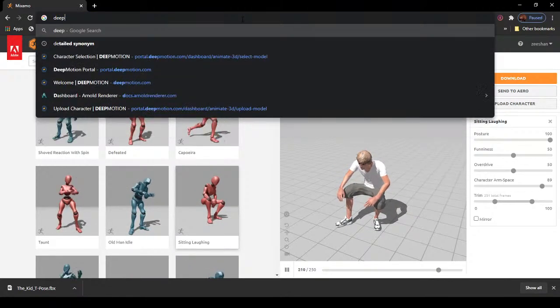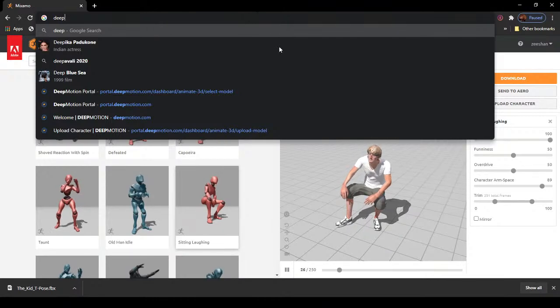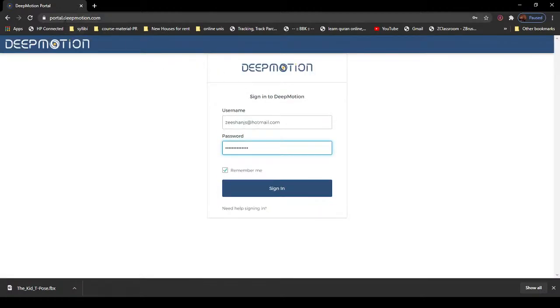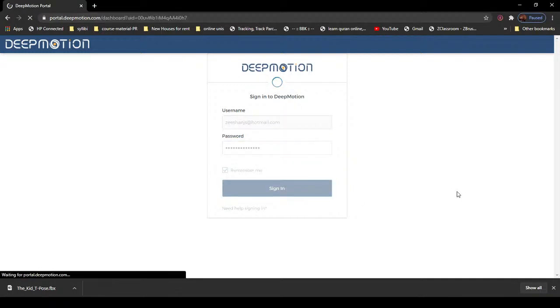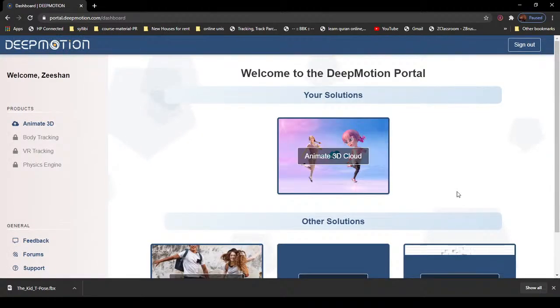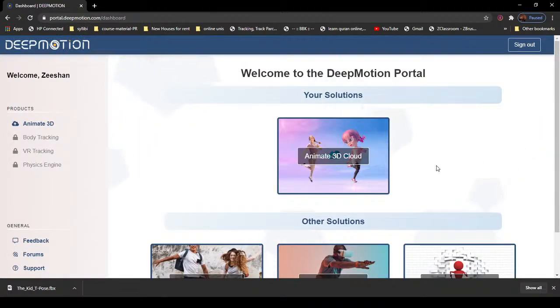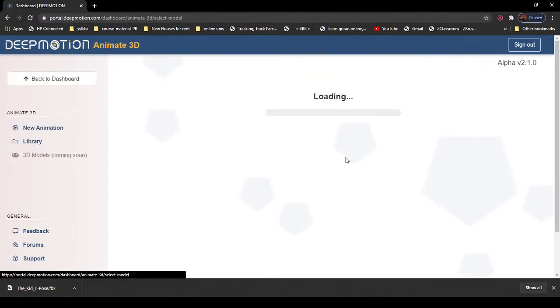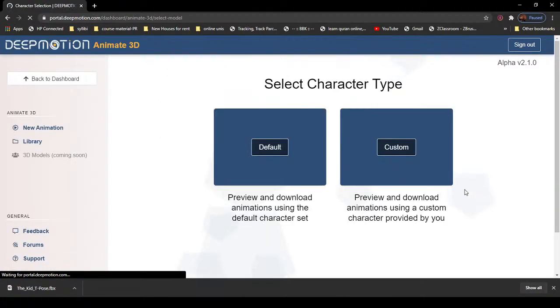Now, the next thing I want to show you here is called Deep Motion. Okay. So it is portal.deepmotion.com. And I already have the account here. Now I like this one. The reason is that you can upload your own character and your own animation both at the same time. So if I go to animate cloud, okay,